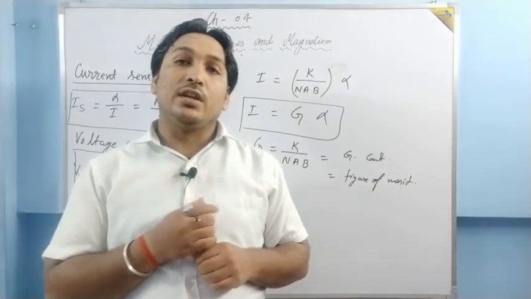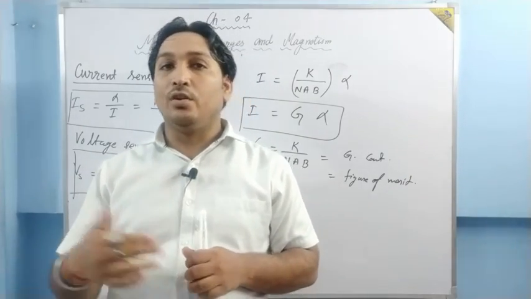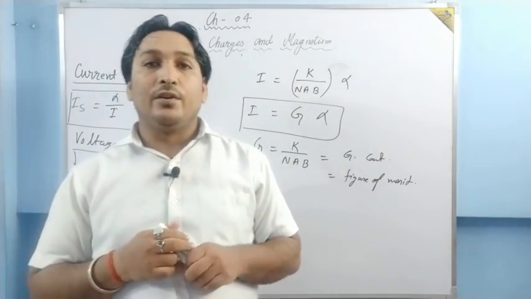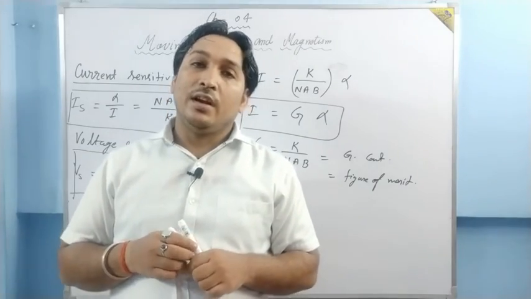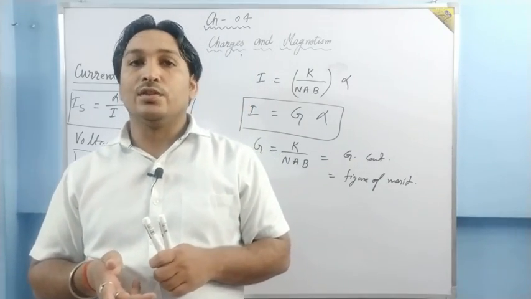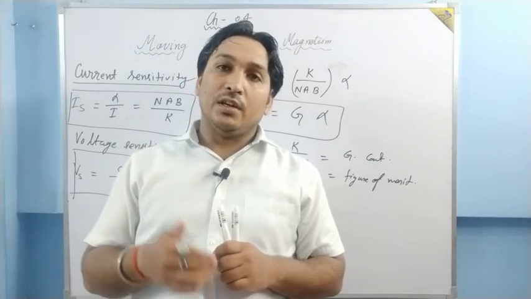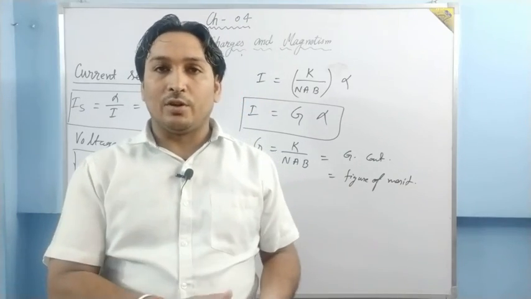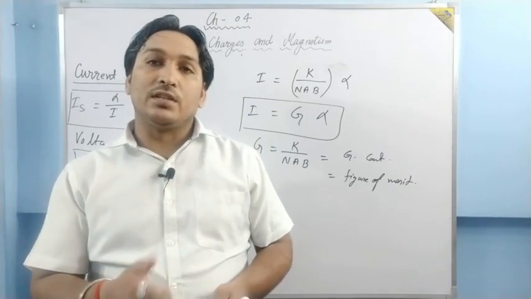Now one more thing is left, conversion of galvanometer into voltmeter and ammeter. That we'll do in the next video lecture, and then we'll solve some NCERT questions. Till the month of July, till 31st of July, we'll do this chapter only. From 1st of August, we'll start the next one.